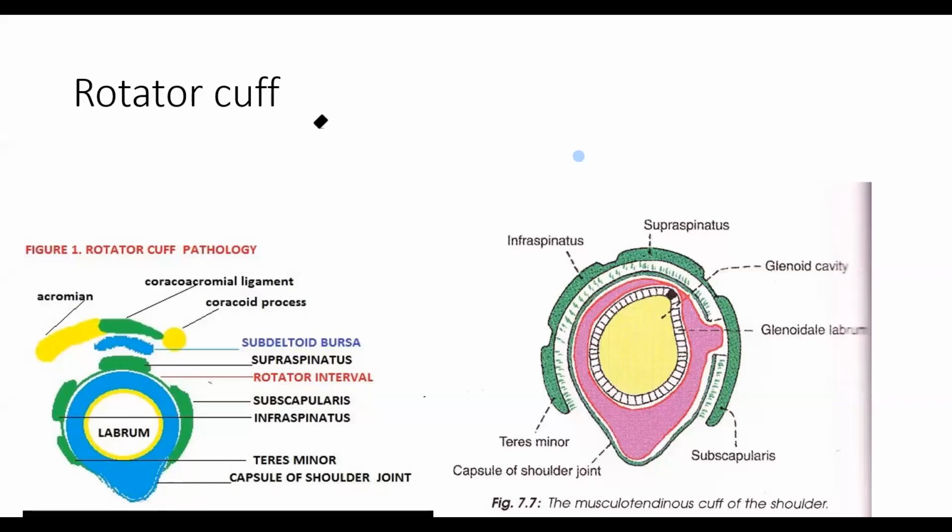So what do you mean by shoulder joint? The shoulder joint is formed of two things. One is the humeral head, and the second is a cavity known as the glenoid. Normally hip joint and shoulder joint are similar, but the problem of the glenoid is that it is very shallow. Because of the shallow nature, there is more chance of dislocation.